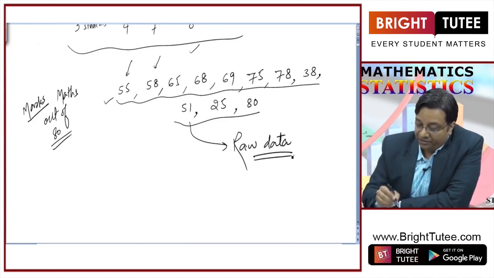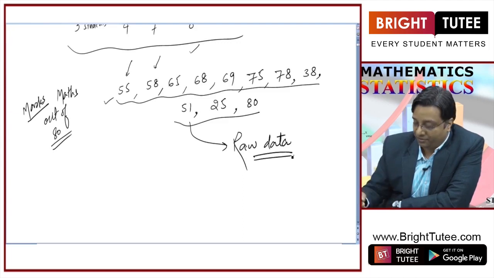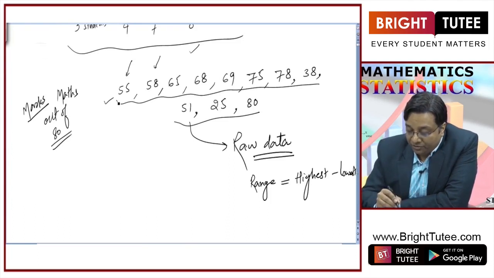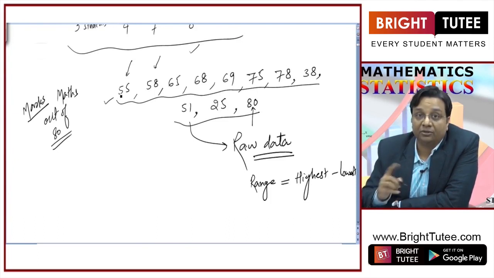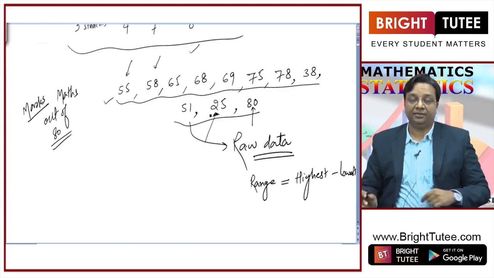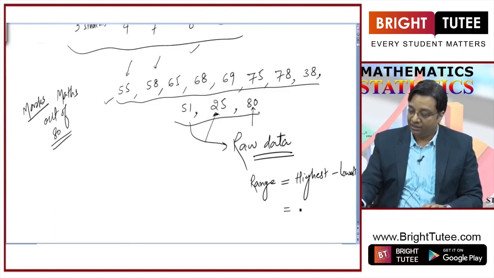Okay, so if I ask you to tell me what is the range of this data, what I mean by range is highest marks obtained minus lowest marks obtained. Okay, so you will start looking for what is the highest marks obtained. Now 80 is the highest marks. Then you will start looking for lowest marks. 25 is the lowest marks obtained, right? So you started looking for highest and lowest marks. Now you can subtract lowest from the highest to obtain the range, which in this case is